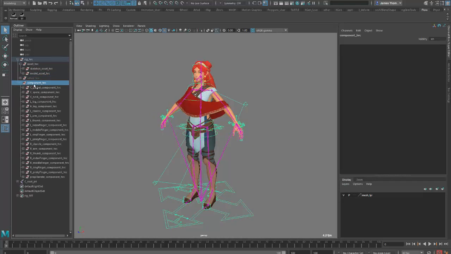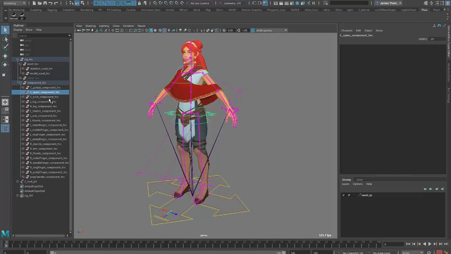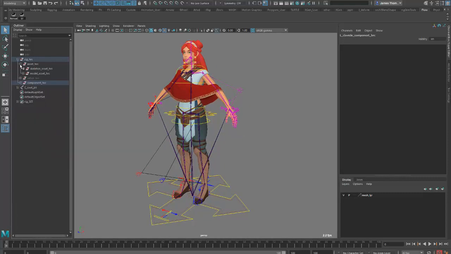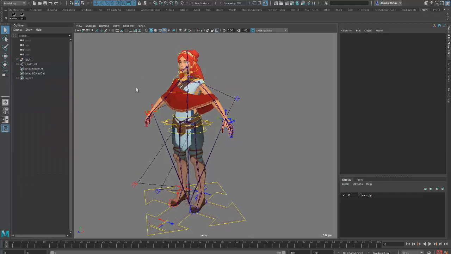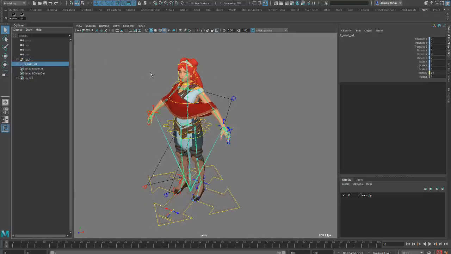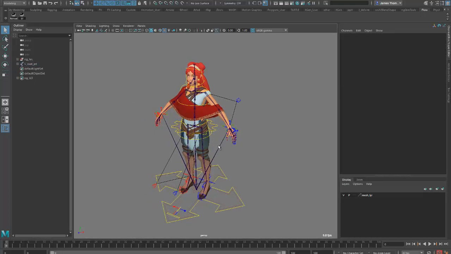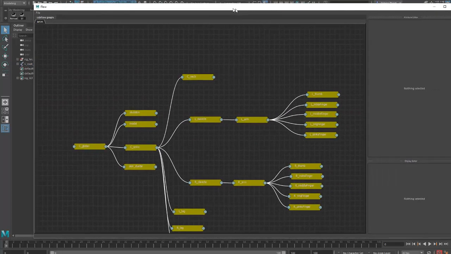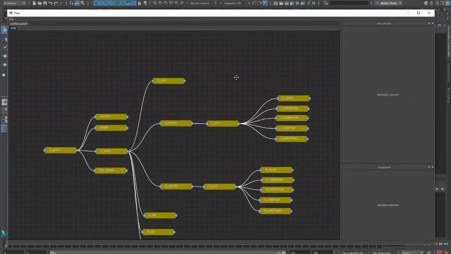We've got a few extra things, and then under components we've got each section of the rig, so the arms, the legs, the clavicle, things like that. And that's kind of the finished product, and this is going into Unreal, so it's got a single hierarchy for the skeleton. And what this looks like in Flow is this, and the idea of Flow is it's